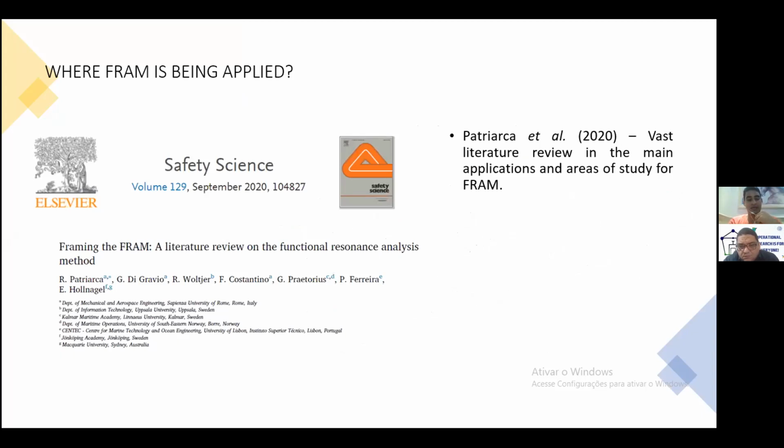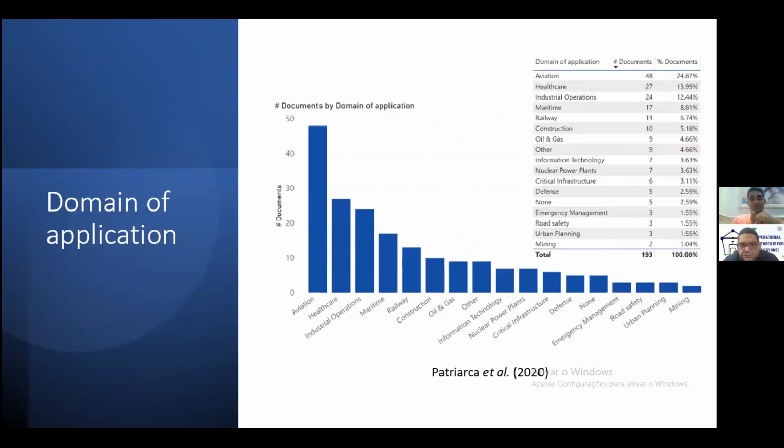In this literature review on the functional resonance analysis method, Patriarca et al. made a very peculiar study in Safety Science about the application of Fram. We have some interesting information here. For example, looking at the domain of application, aviation and healthcare have lots of applications of the Fram methodology.